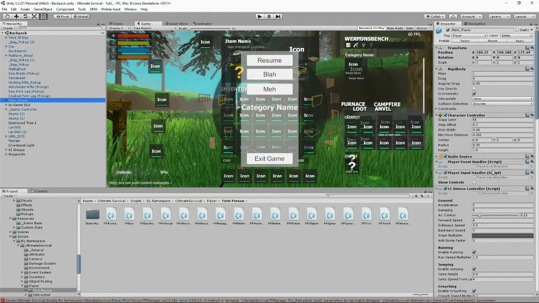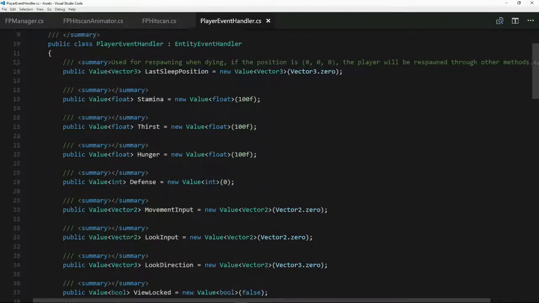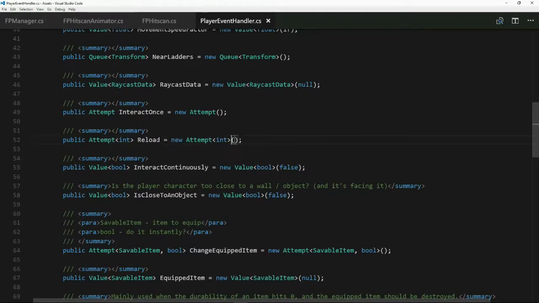Okay, now we want to open up the player event handler script. You can find that underneath the main player object. Here it is, and let's open that up in our favorite editor. Inside our editor, let's go down into our reload. Where is it? Okay, now we want to add a bool into here. Bool, and in here, comma, bool. Save that. Just going to put here, reload attempt requires an int for the amount of ammo, and a bool